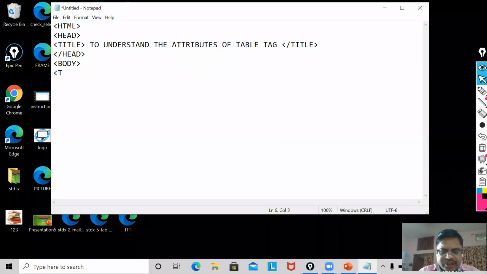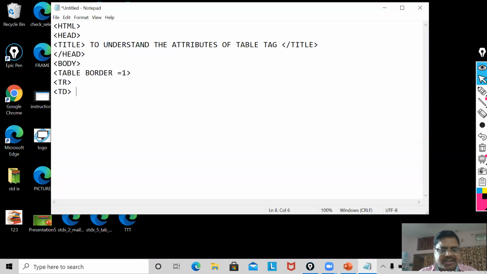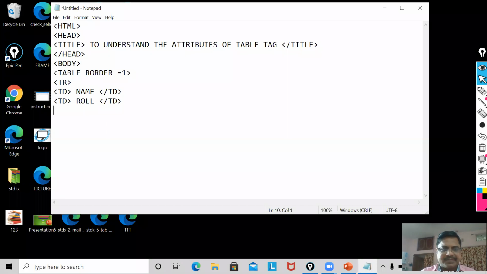Now I will use a table. Border. Now first of all I will discuss border. So first of all let me have border 1. Now I have to create a row, tr, then td, suppose I want to have td name /td, td roll /td, and then /tr.